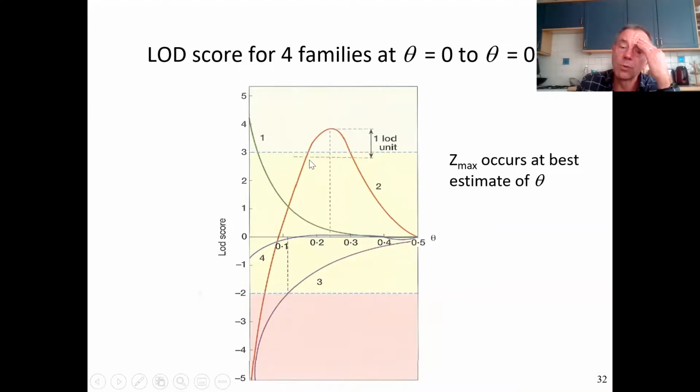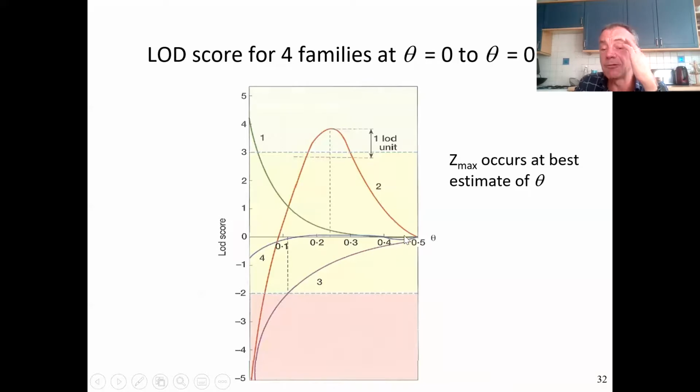This is a curve where there are some recombinants, so that goes down to minus infinity, but there are fewer recombinants than not, and in fact there's only a quarter. This is 0.25. So if we see a quarter of recombinants, then the maximum likelihood estimate for theta is a quarter. We'll have a curve that has a maximum here,